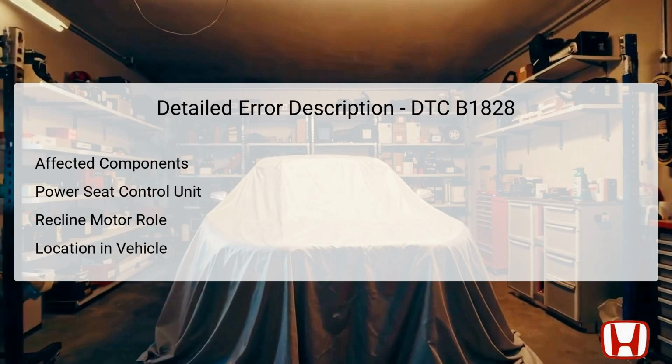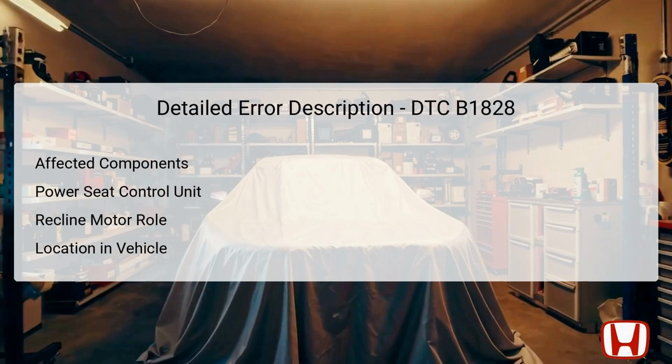The recline motor itself, positioned directly at the recline mechanism, moves the seat backrest backward or forward based on user input. When the recline switch is operated past the limits of seat travel, the system may trigger this error code, indicating that adjustments need to be made. Diagnosing the root cause is essential for restoring full functionality to the seat adjustment features, supporting both driver comfort and